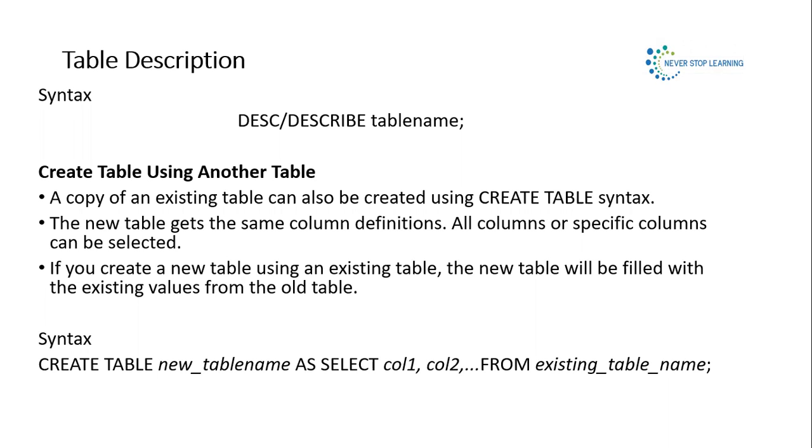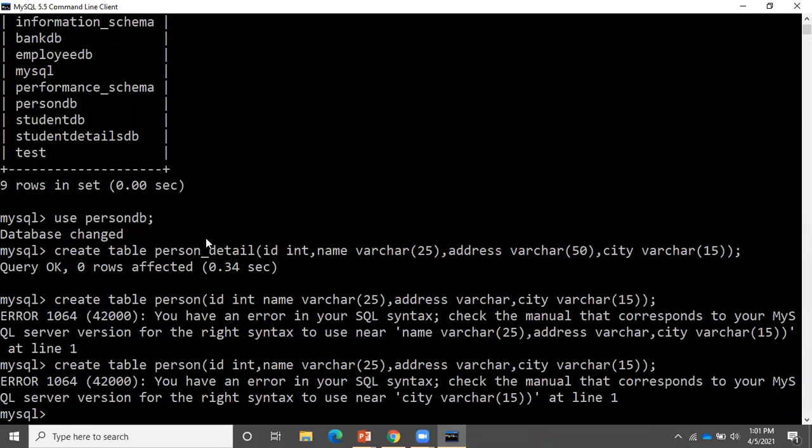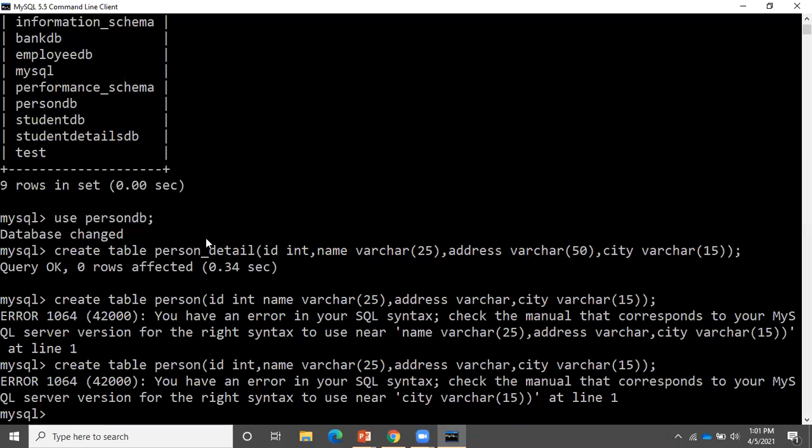The syntax is desc table name, or you can write the complete describe table name. Once you do this, it will display the table's description, which is also known as the schema or structure of your table. It will give the complete description, like what is the data type, what additional constraints you have applied, everything it will show.